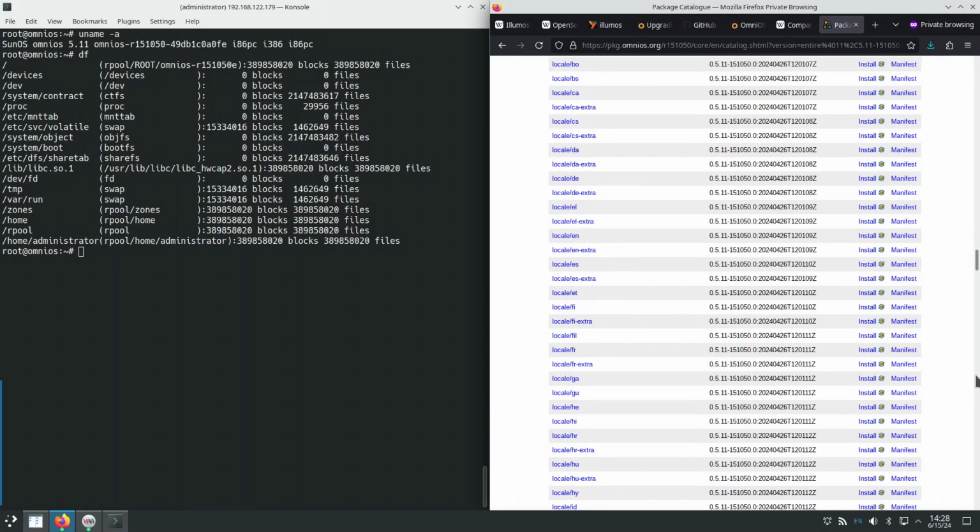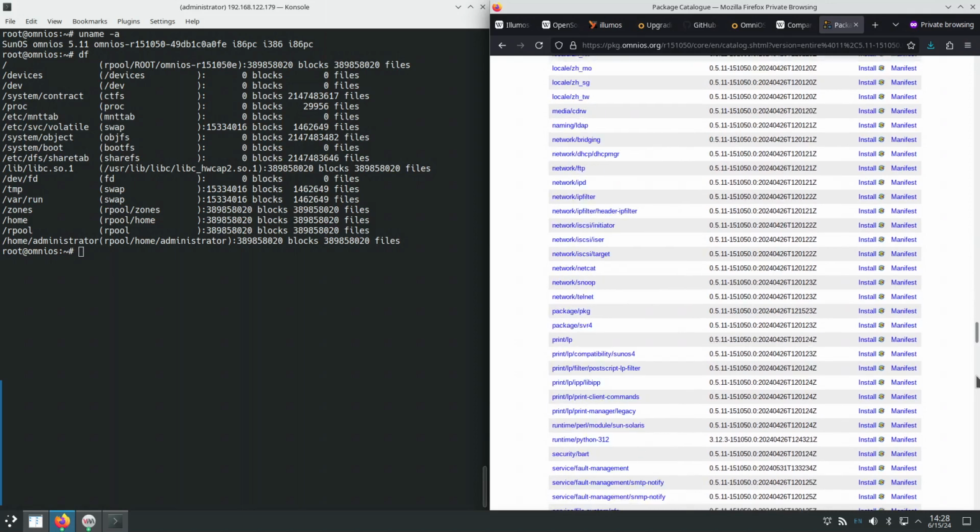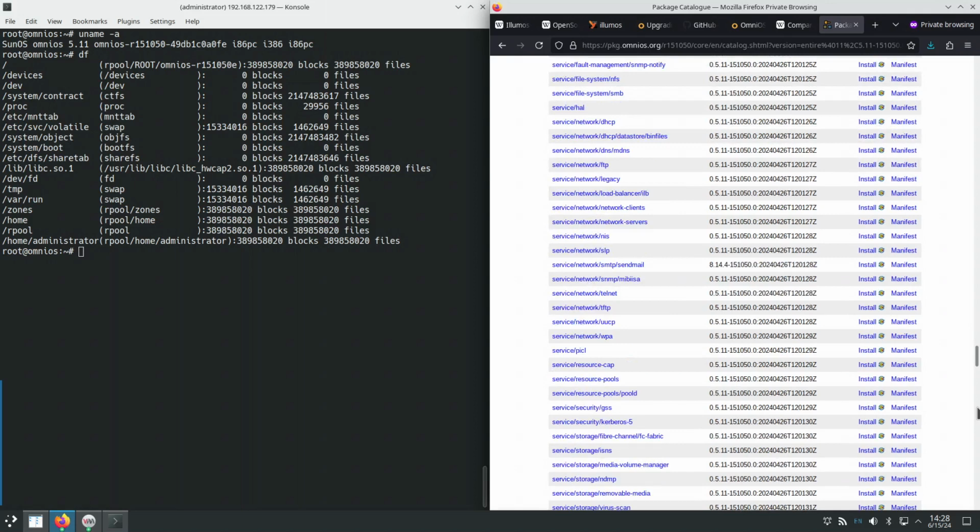Okay, internationalization translations, the locale slash, networking tools such as Telnet, package management tool, PKG, printing server, Perl and Python programming languages, services,